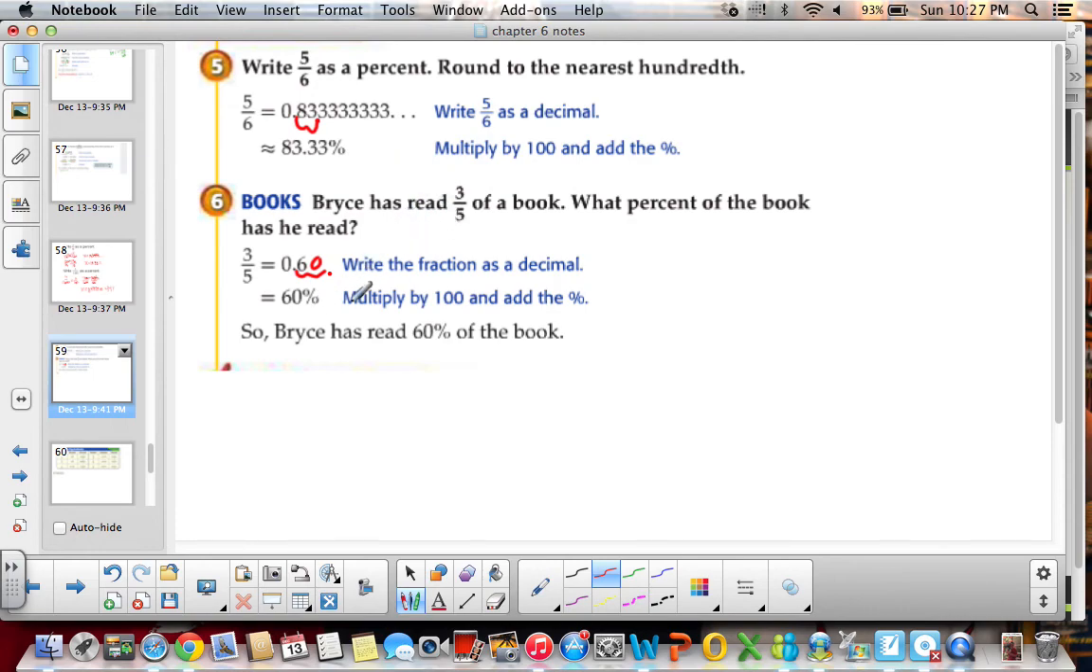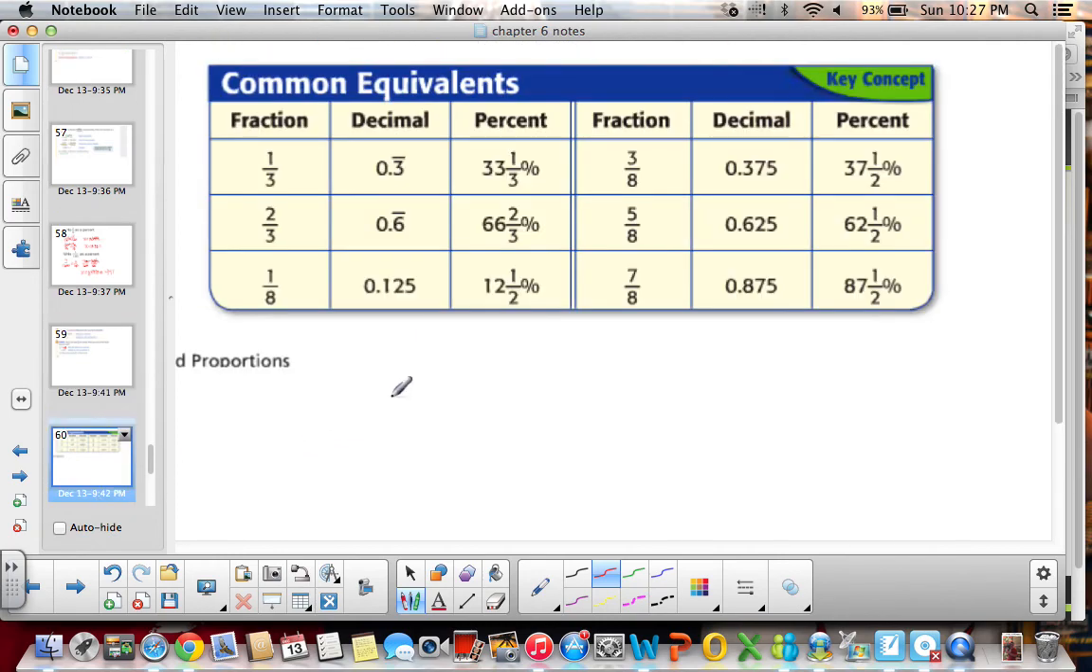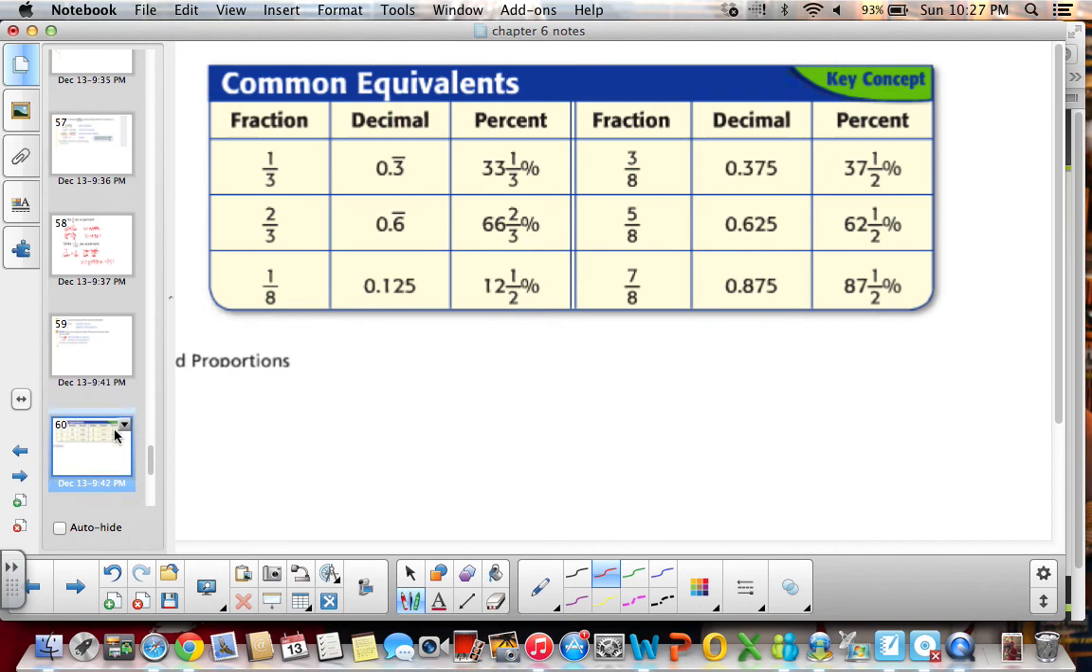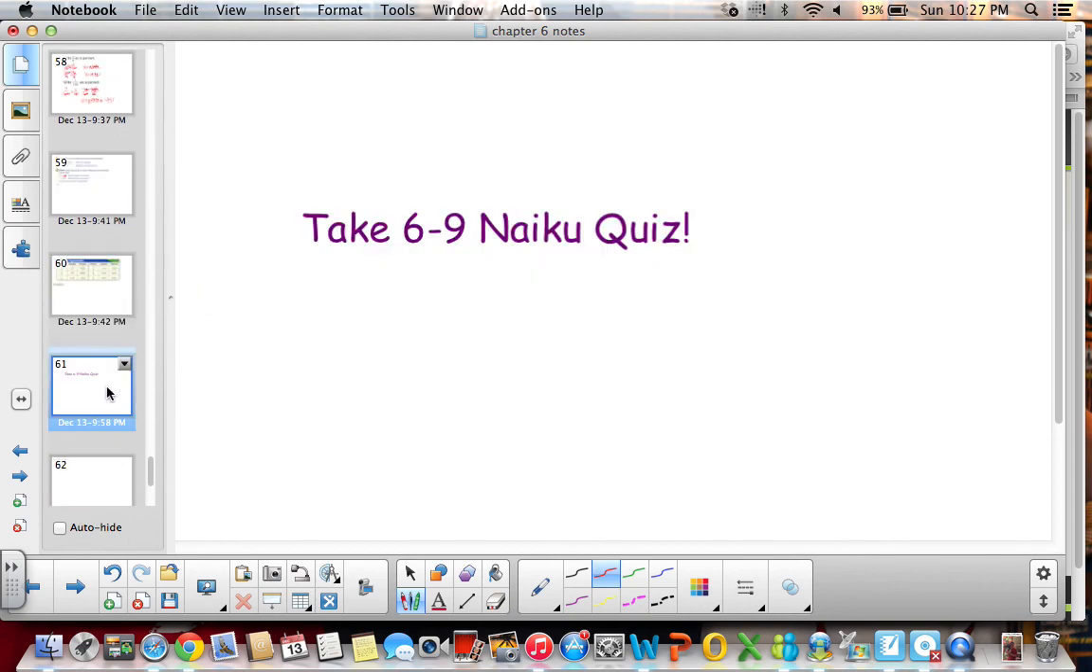Both of these are just review from chapter 4, but I just wanted to go over them really fast. And then if you want to quickly pause me and write down this table because it's some common equivalence between fractions, decimals, and percents. And they're common fractions, but kind of funky decimals and percents that go with it. So copy this down in your book,